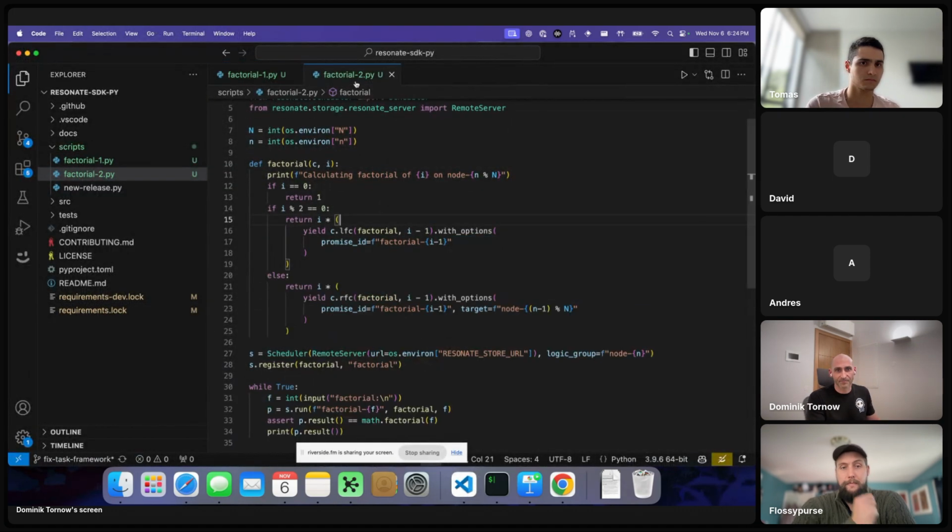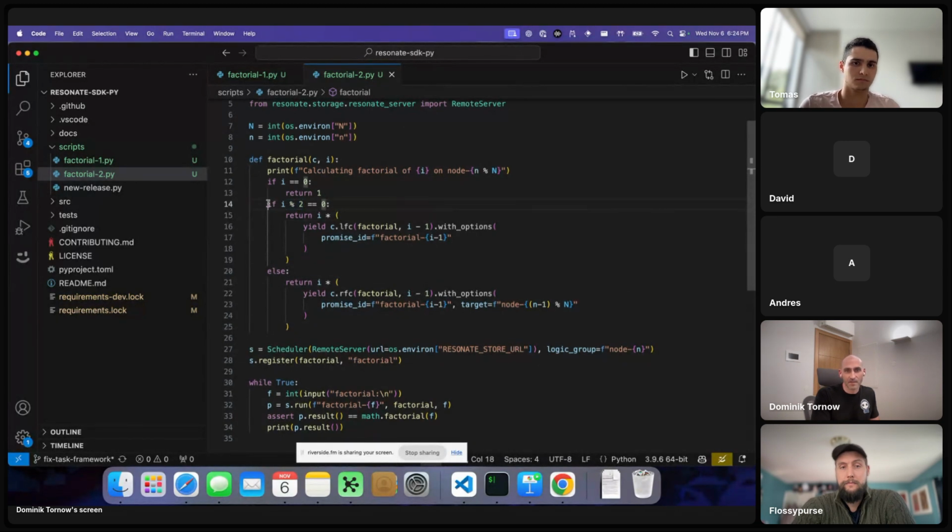Okay, what is that going to do? So on the factorial 2, we do what we said before. So it's like if it's an even number, right? If it's an even number, we calculate locally, and if it's an odd number, we calculate remotely. Actually, I think that was just the other way around in the presentation.